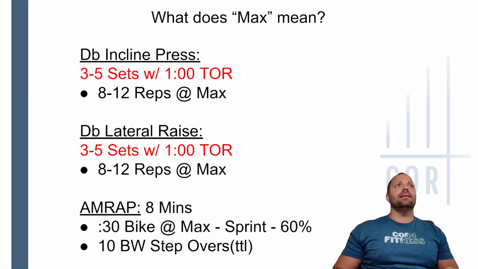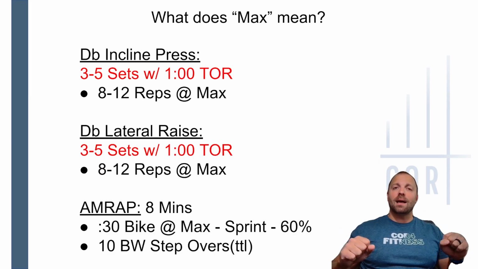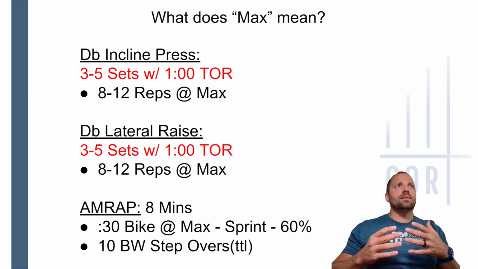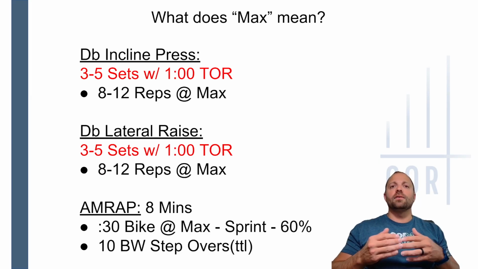So I wanted to clean that up a little bit, and I gave you guys some examples on this slide right here. So I'm going to try to make this again as quick as possible. So incline press. It is a primary movement. It's a movement you guys will see forever or have been doing for years. And there's a scenario where the incline press is quite easy to associate with your 1 rep max of your flat bench chest press. So a lot of times you'll see incline press with a percentage attached to it, depending on where it falls in the workout.